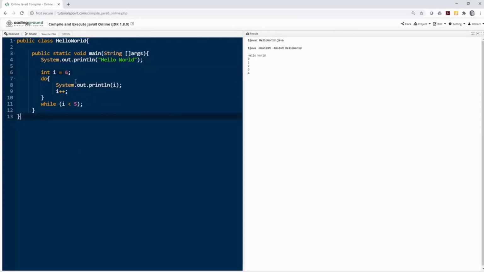All right, now let's take a pause and look at this carefully, right? Look at line 7 through 11. We're going to do while I is less than 5. But what is I equal to on line 6? Just a coincidence, it's on line 6, right? I is equal to 6. I is not less than 5. Right? So if this was a while loop instead of a do while loop, the while loop would not be